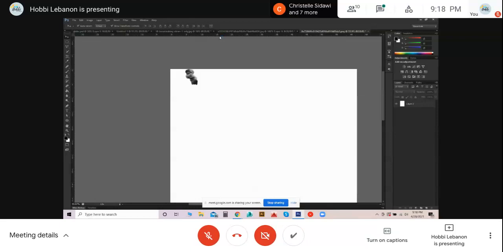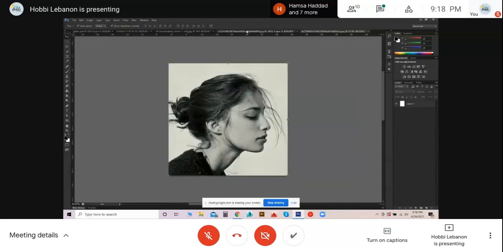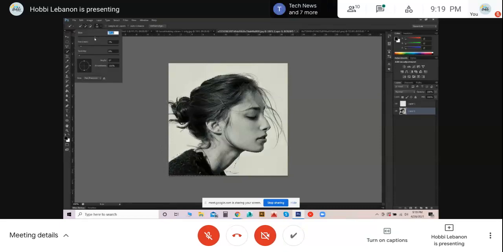For example, if you want to create an effect, in this case, when I have this girl here, I'm gonna make a selection of the face and the girl itself without a background. What I will do is, it is not selecting good, and use